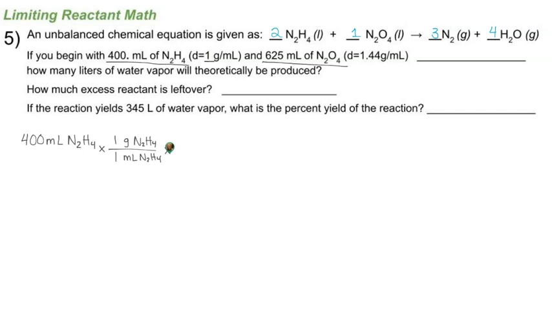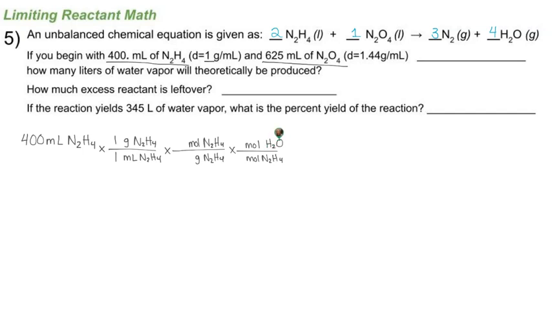Then we will be able to go from grams of N2H4 to moles of N2H4. And then finally we will go from moles of N2H4 to moles of our desired product, and we have 2 products here, but it's asking us how many liters of water vapor. So I'm going to go ahead and convert these to moles of water,